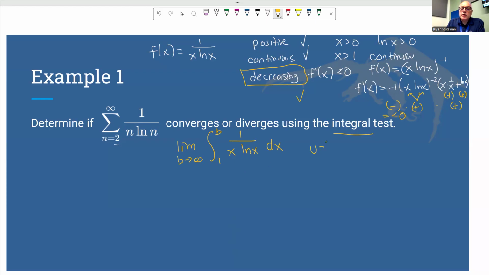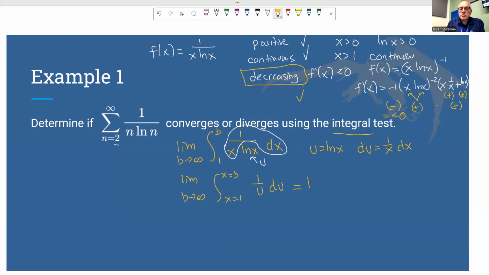Let u equal natural log of x, then du is 1 over x dx. That's nice because I have 1 over x dx right here, and I have natural log of x here. So now I have the limit as b goes to infinity of the integral as x goes from 1 to b of 1 over u du,